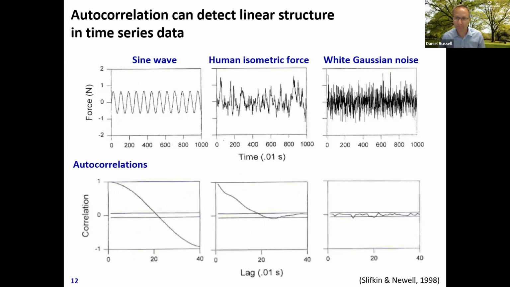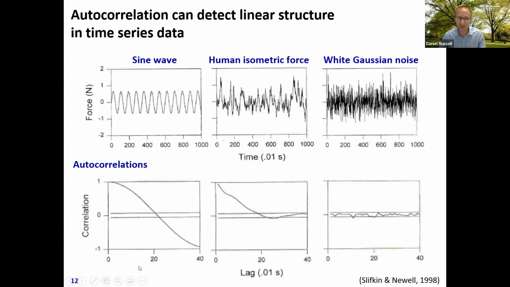A technique that a lot of people may be familiar with is autocorrelation. So that's really what we were able to see in that last plot, a relationship between a value and its subsequent value. And that can be calculated as an autocorrelation. So you correlate a signal, a time series, against a time-lagged version of that same signal. And you can do that with different lags. So you get the plots that you see on the bottom there with lags of 0.1 second, because this data was collected at 100 hertz, 100 times a second.